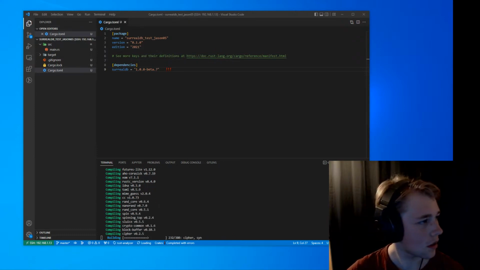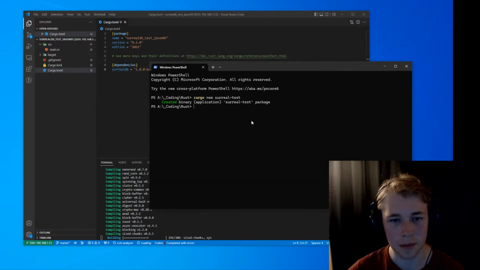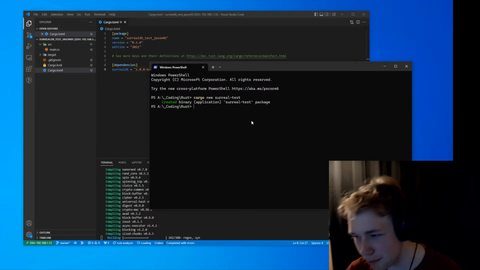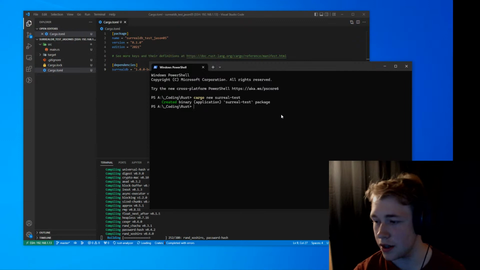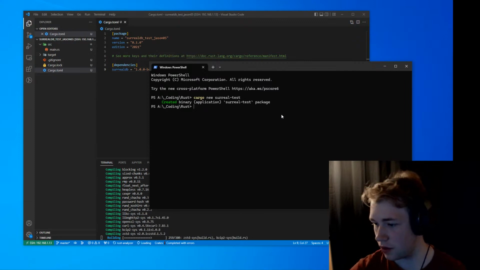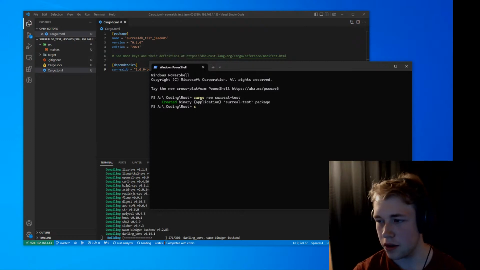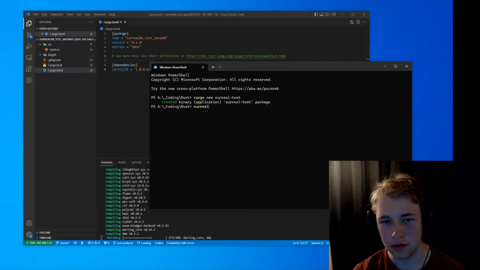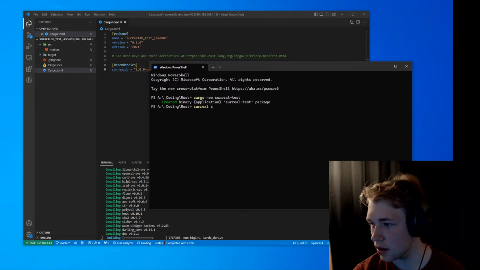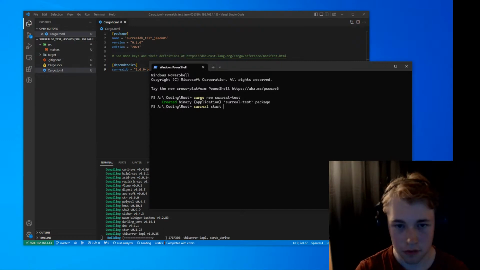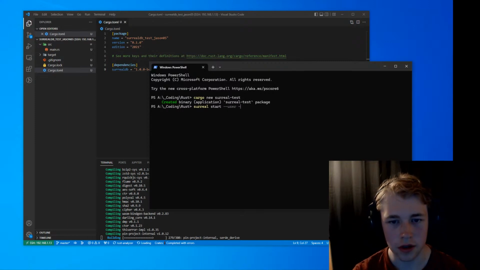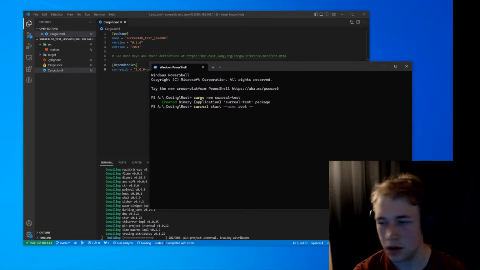So here, this is just local because it works on Windows, but I just can't figure out how to compile it on Windows. There may well be a way to do it. So if you want to start, I'll do surreal start, and then just for now user root